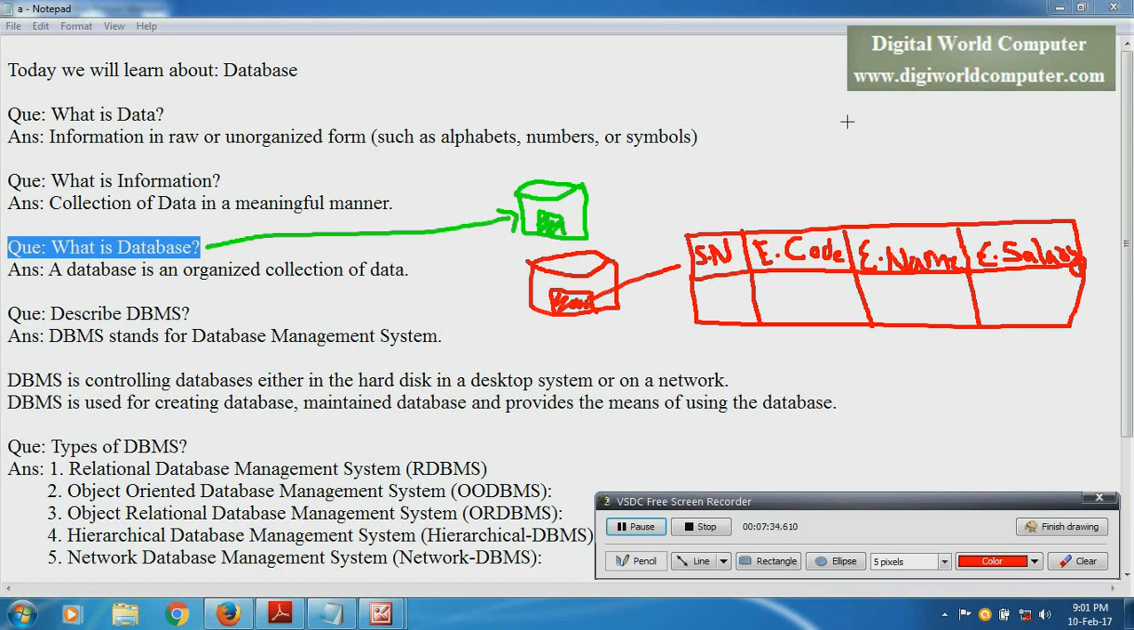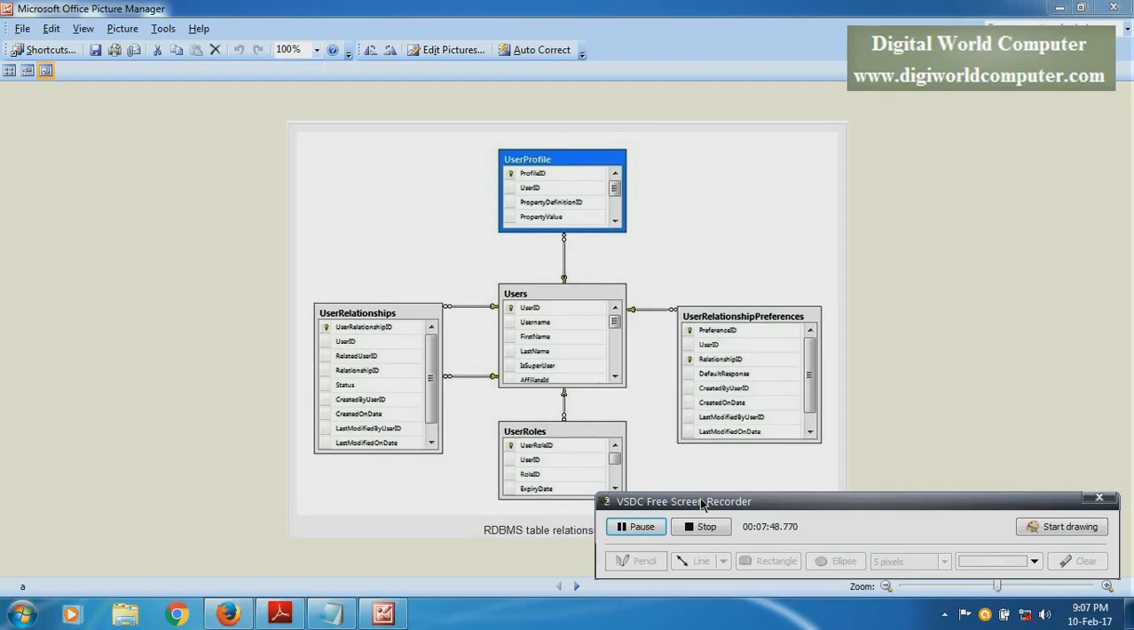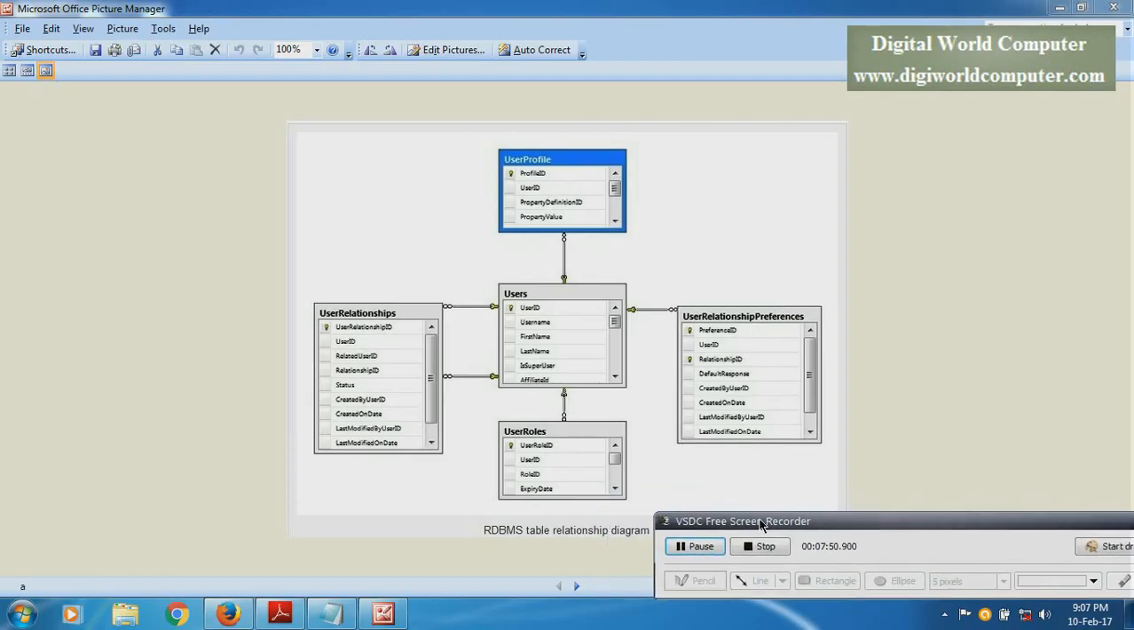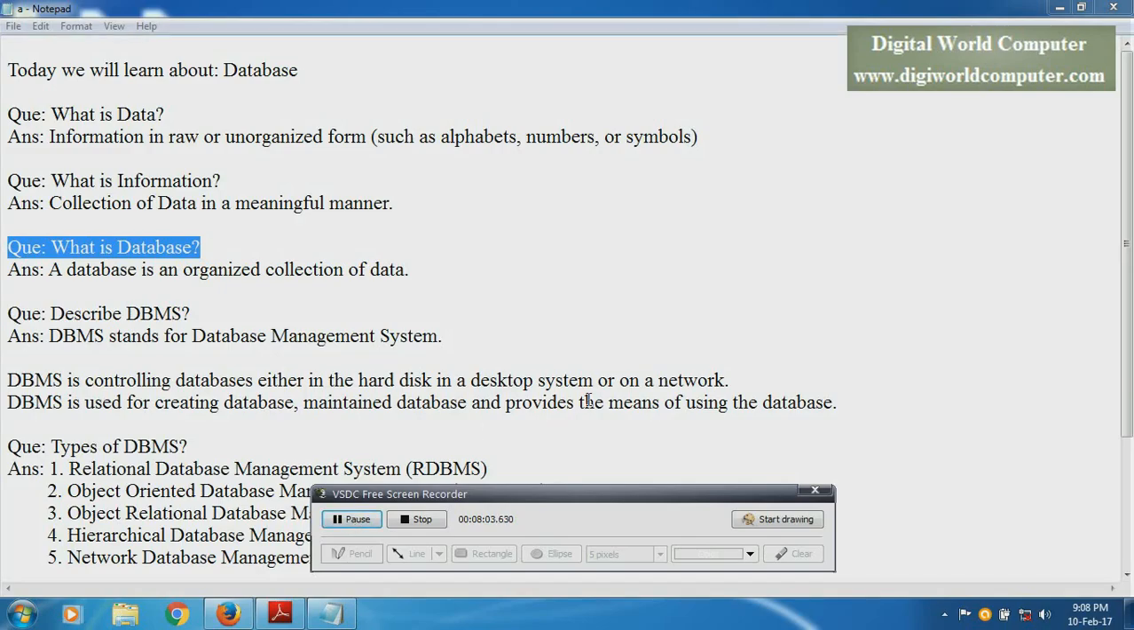So we can say the RDBMS is a powerful and advanced tool compared to the simple database. Here we can see a picture of an RDBMS system, how information is stored in an RDBMS system. You can see in this picture how information is